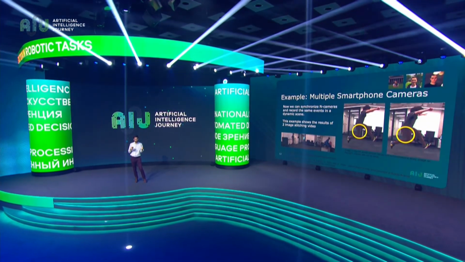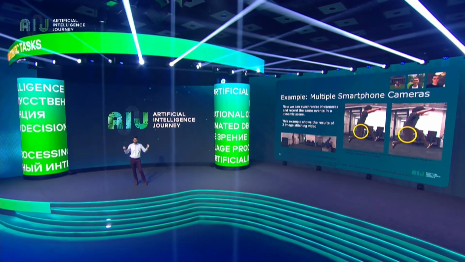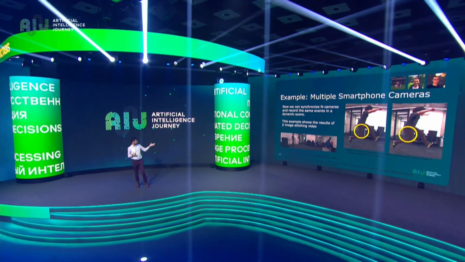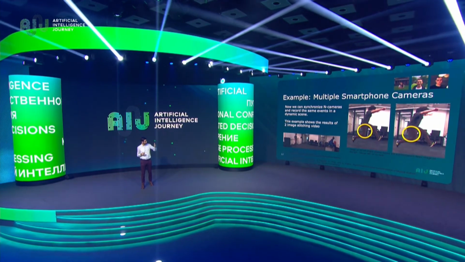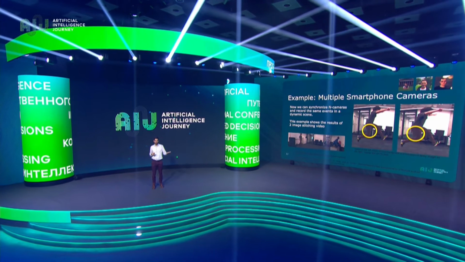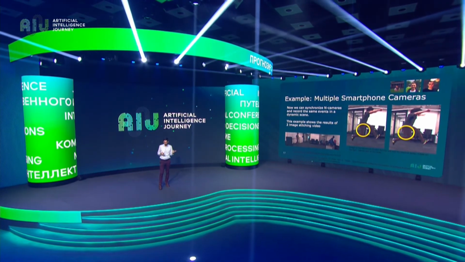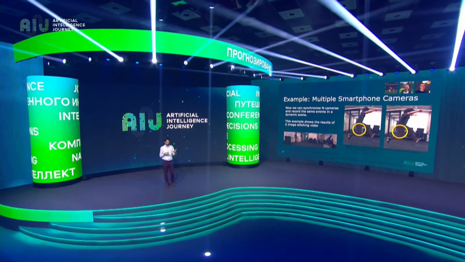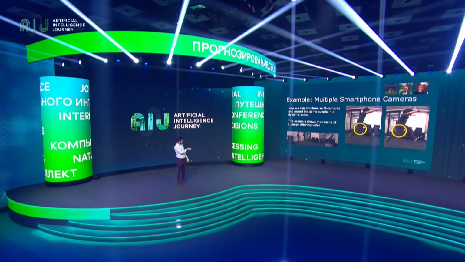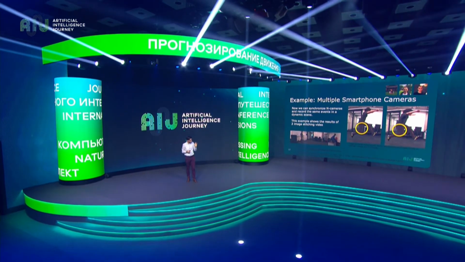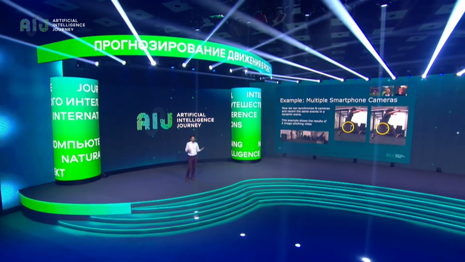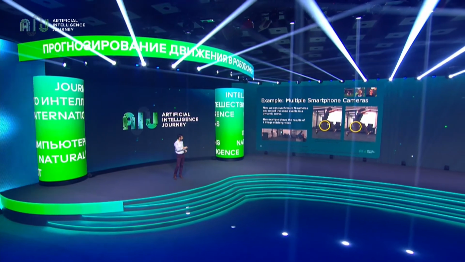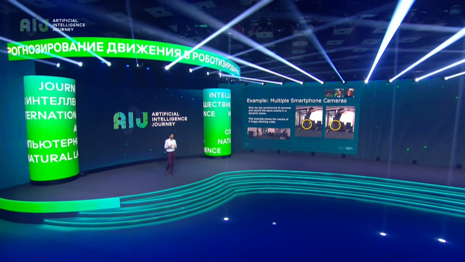Let's give a last example about multiple smartphone alignment. In this case, what we have is two smartphones taking video, not together, but in any kind of position. This video was showing Dinar here, jumping, so this was a dynamic scene, right? If we have well-synchronized video streams, we get examples as in the image in the center, right? There are no artifacts, there's nothing wrong. If they are not time synchronized, then we see some artifacts, as in this image on the right. You see that the leg is kind of duplicated.